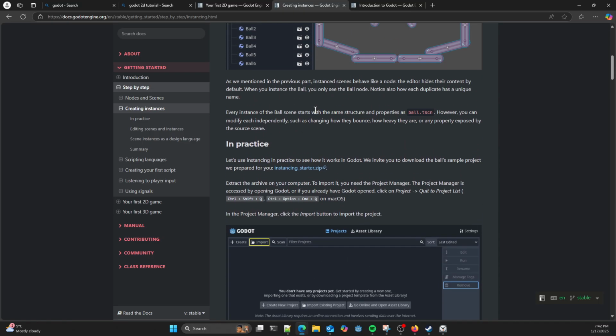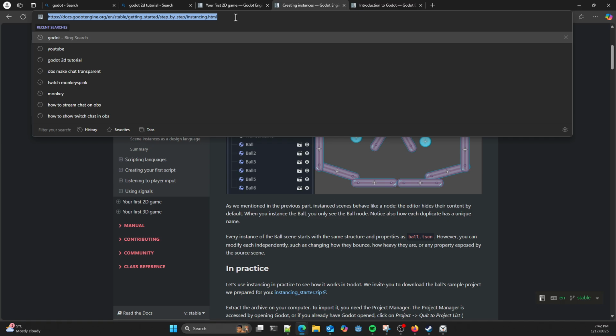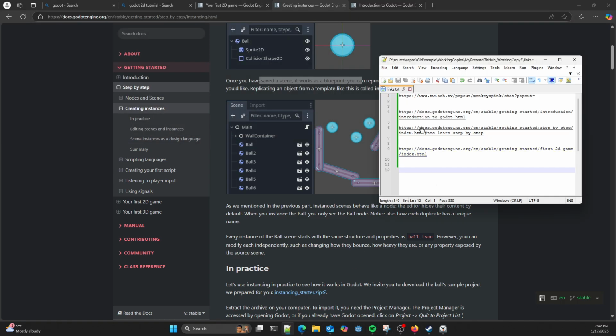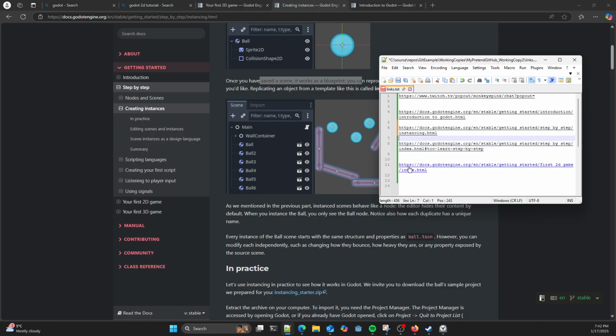I wonder, maybe we should do this actually. No, we won't do this, because we're going to jump straight into the 2D game, I think. But instancing is something that probably should be noted, and I'll put it in my notepad. Links for later. Maybe I should post these straight into the Discord server. I'll come to that later.